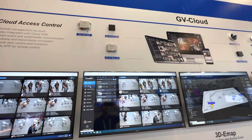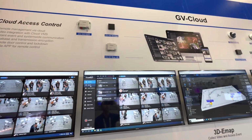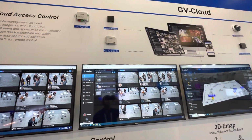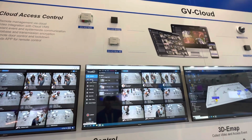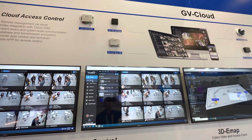The GV-AS1620 will be able to have direct cloud connectivity, and you will not need a bridge. You just plug it into your network, and then you'll be able to associate it into your cloud account. Another option, if you want to use the GV-AS2120, which is the 2-door controller, or the